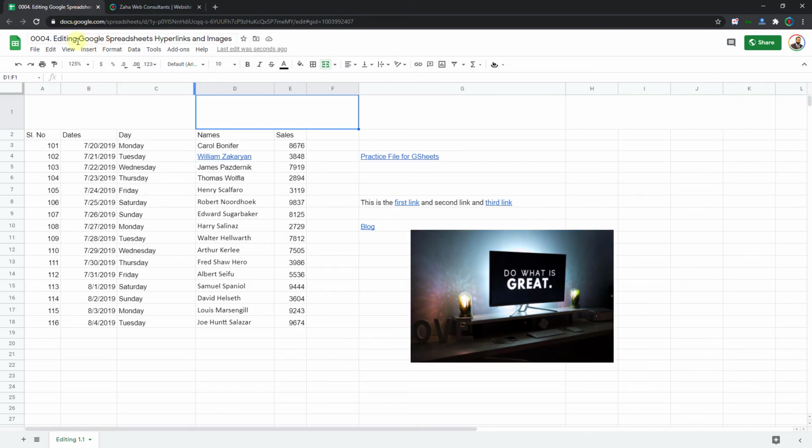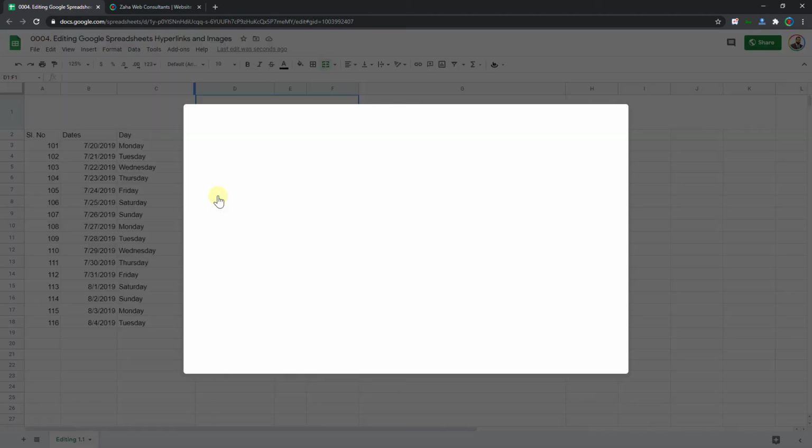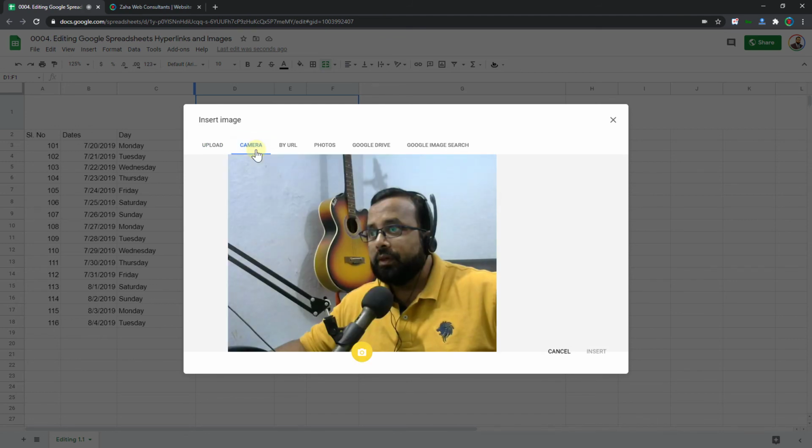Now I go here. I click on insert. Then I have this image option, image in cell or over cell. Let's go with the over cell. I'll come back to that in cell in a moment. Now, when I select over cell, I have plenty of options here. I can upload it from a computer. I can go into a camera and